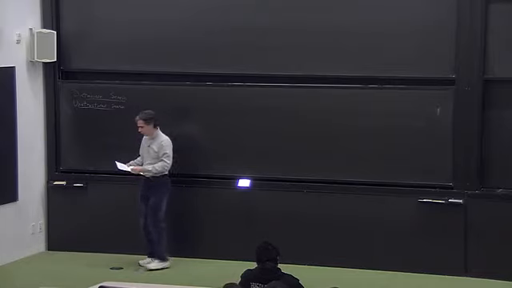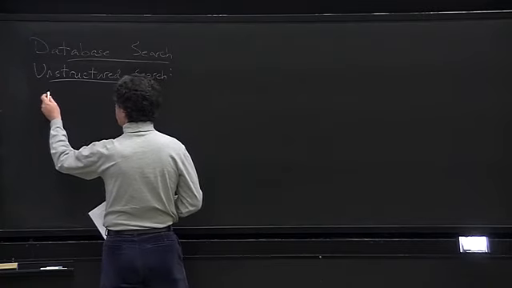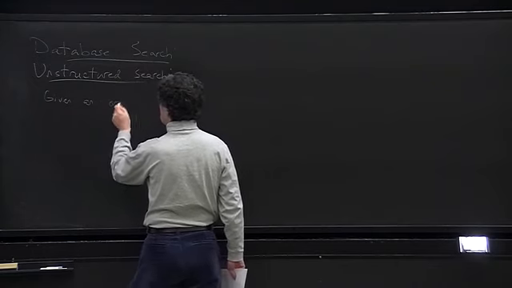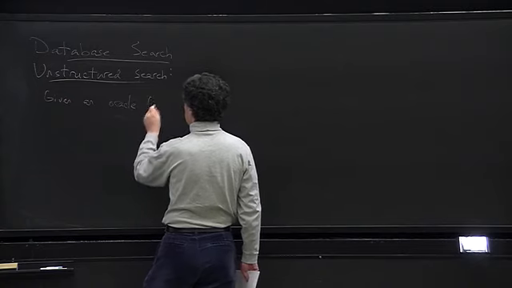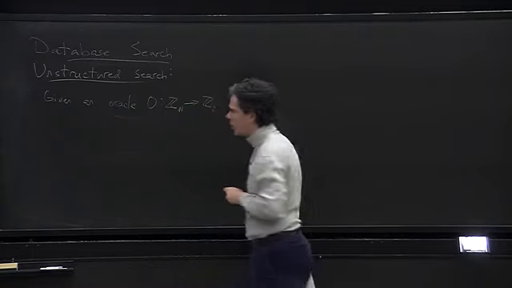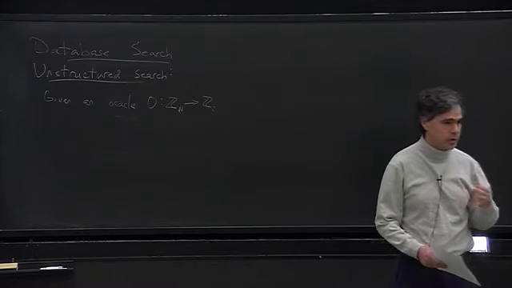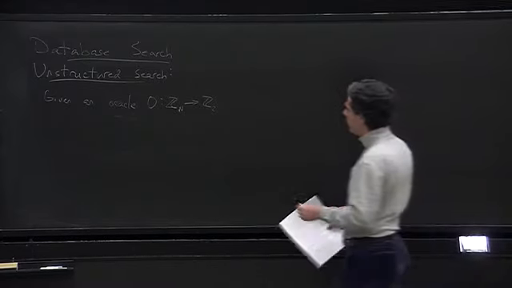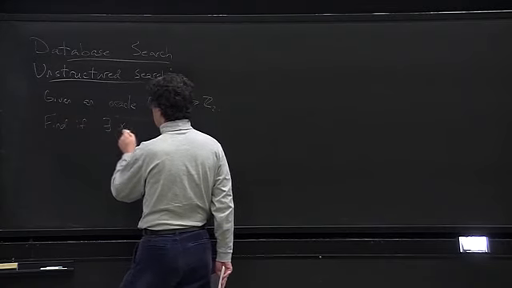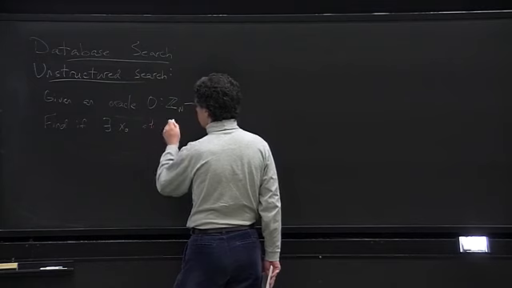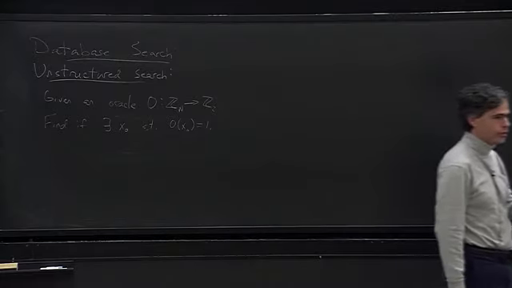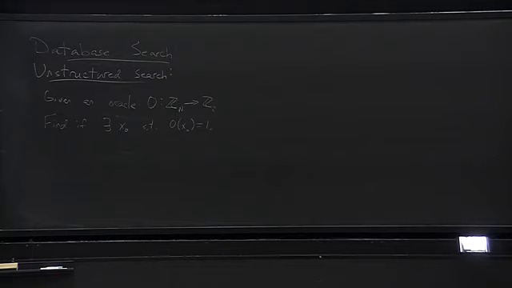And so here's what this problem is. We have an oracle, and the oracle maps big N possible inputs to 2 possible outputs, 0 and 1. And we want to find if there exists an input x0 such that O of x0 equals 1. Pretty straightforward. Your goal is to see if this oracle always gives the output 0, or if sometimes it